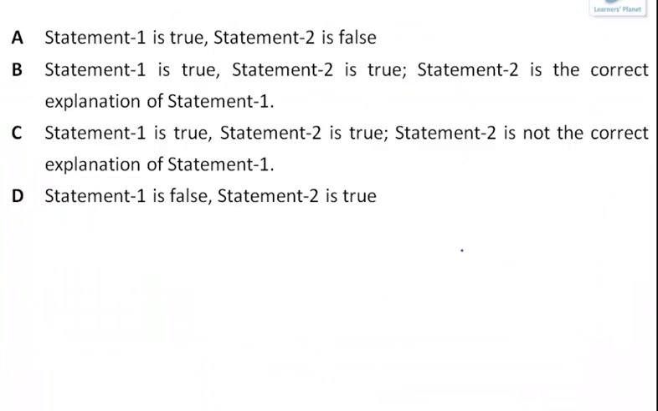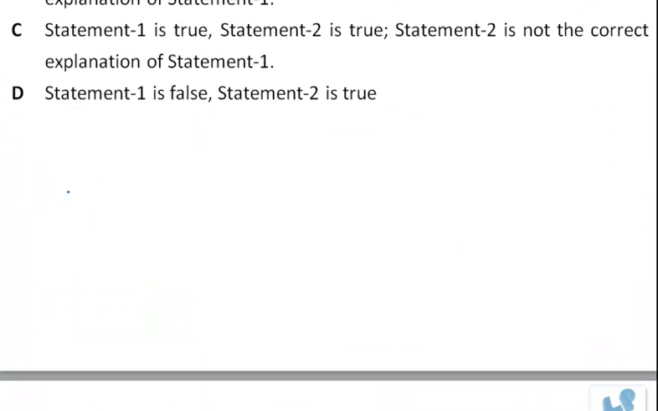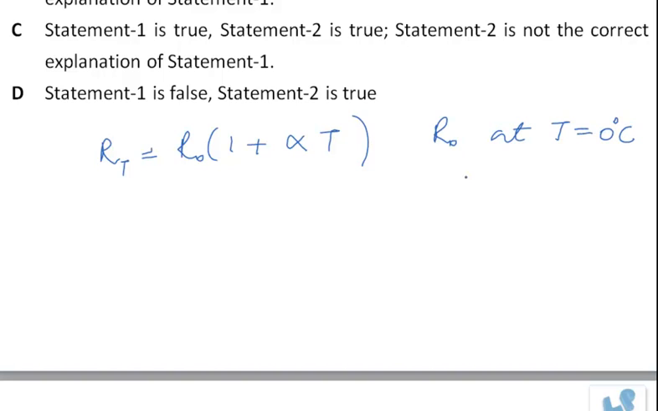Okay, now let us do some analysis, mathematical analysis. The actual temperature dependence of resistance is given by RT equal to R naught (1 plus alpha temperature T), where R naught is the resistance at temperature T equal to 0 degree centigrade. Okay, now